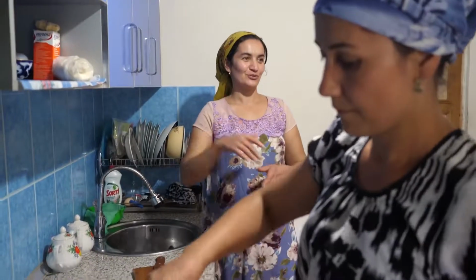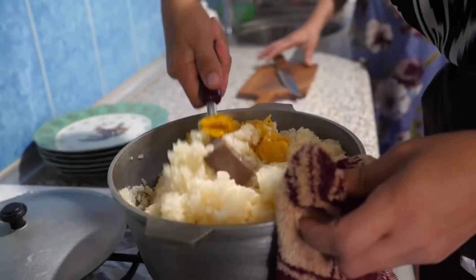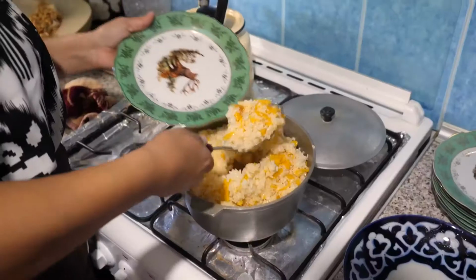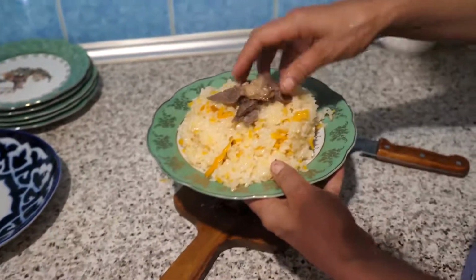We have a surprise. They made us a special dish of plav, which is the rice pilau, Uzbek style. The aunties told us that we cannot leave their house without trying their plav. But even after I try it, I might not want to leave. This is a plav from this region of Uzbekistan. I've had plav already maybe 5 or 6 times in Uzbekistan, but this will be my first home-cooked